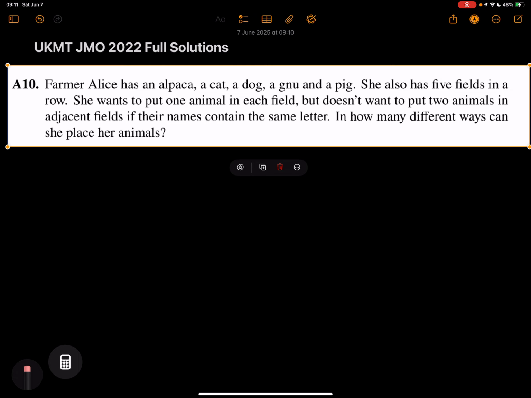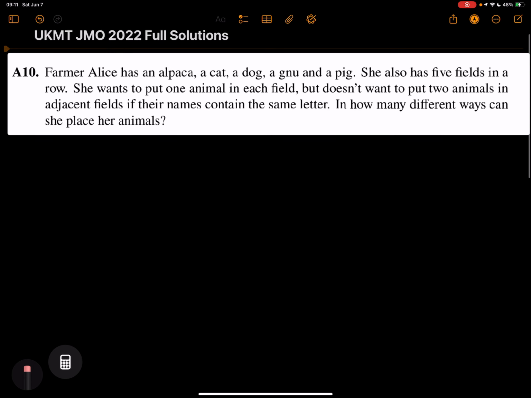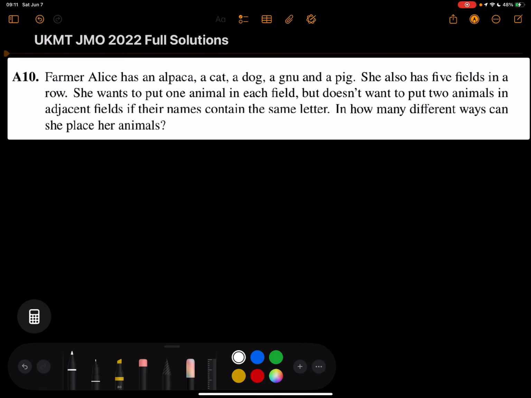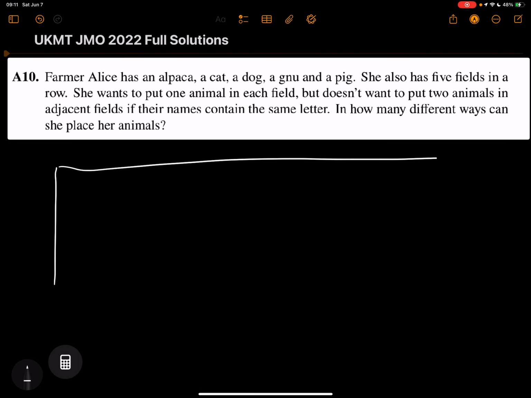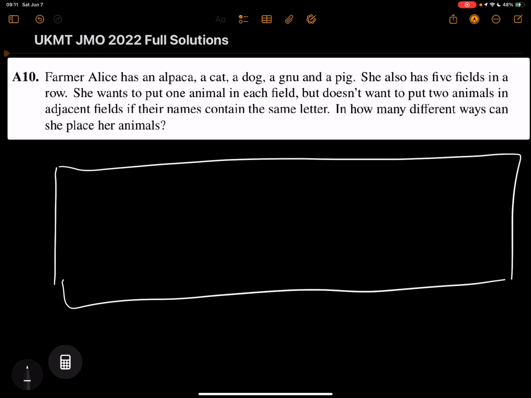Now, to do this problem, we just have to draw a field, right? Visualization. So I'm going to draw, well, not one field, but 5. Not a very good drawing, but it's fine. So first we notice that alpaca, in this case,